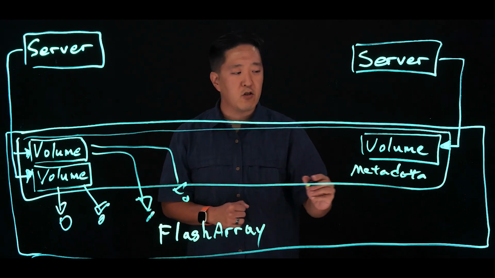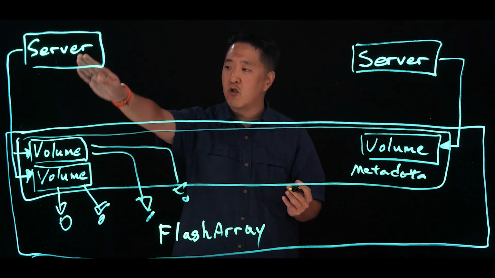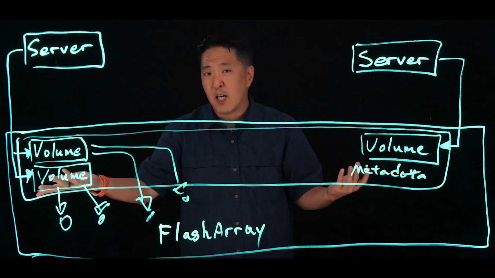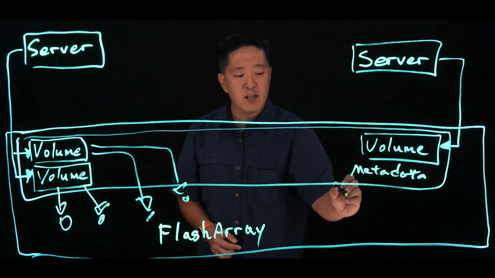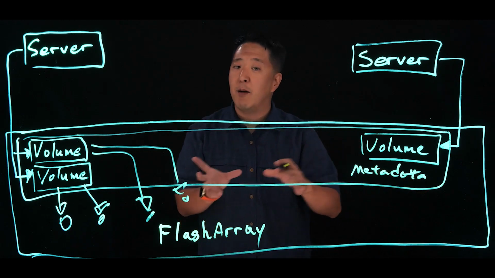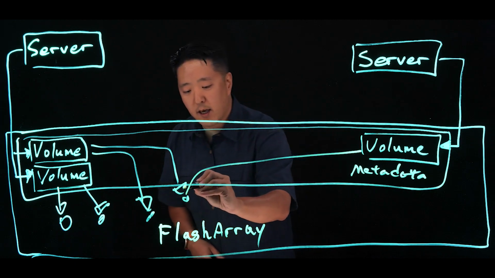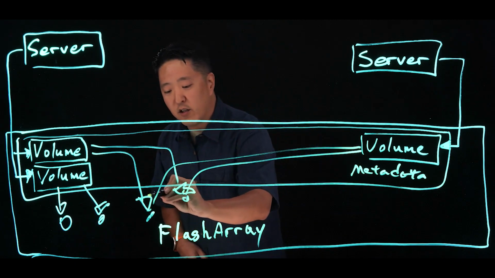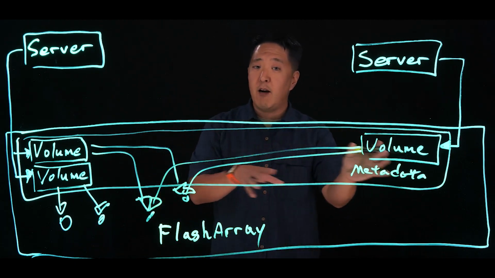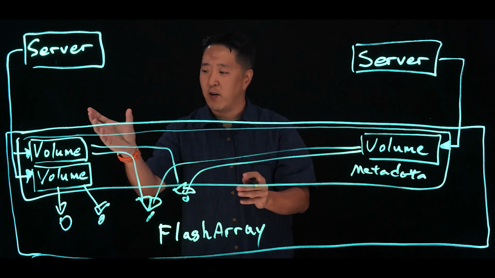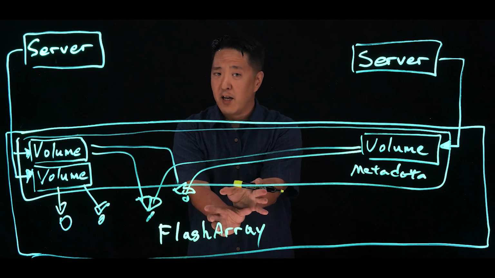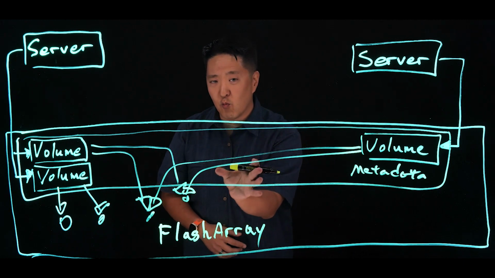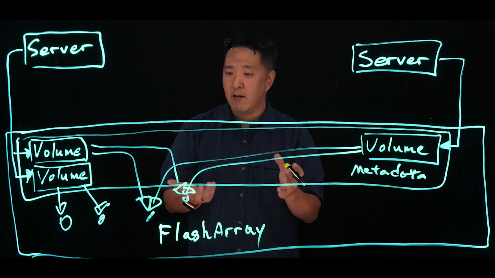What do I mean by this? Well, let's pretend I happen to have on this server and this volume maybe some Windows patch files, right? Well, if I copy them over to this server, I don't actually need to make more data down here. I'm not making a true copy. We can deduplicate it behind the scenes, so now it's really just a bunch of pointers. So instead of a 500 meg file here and a 500 meg file here, really on FlashArray it is deduplicated down to just one set of data like this.